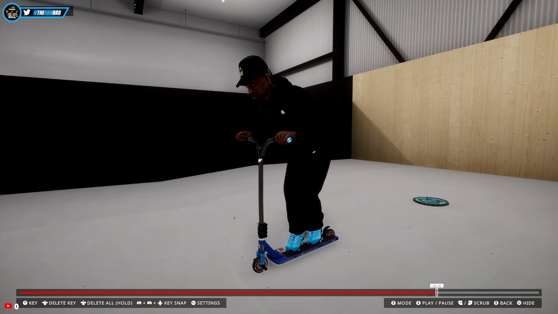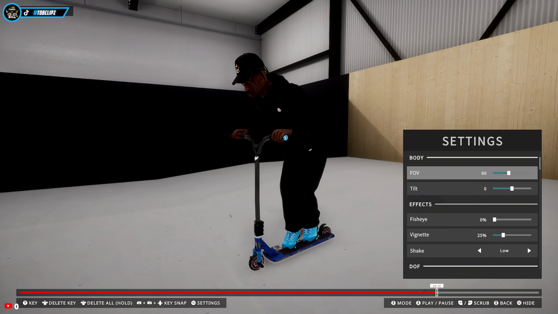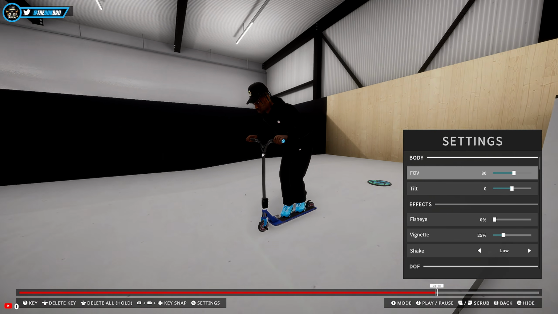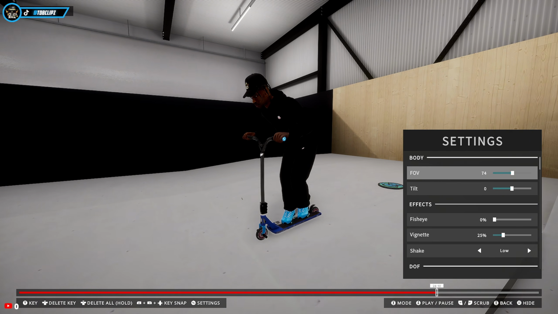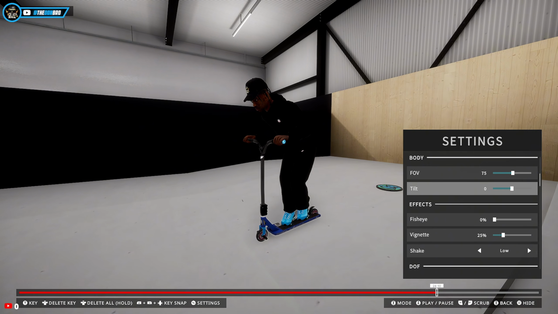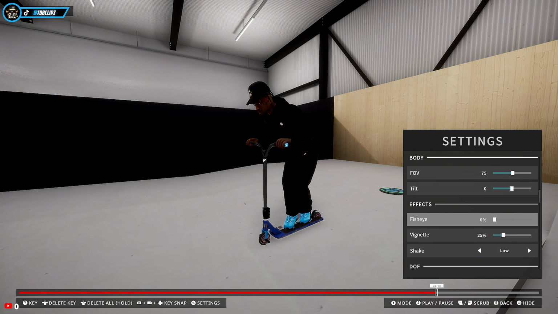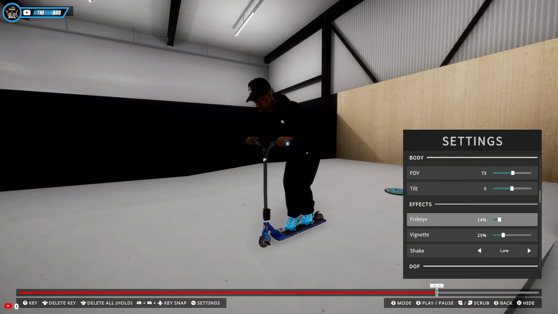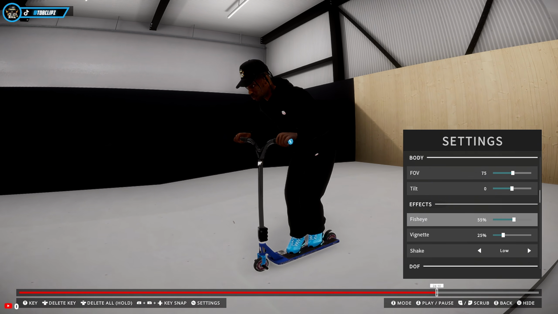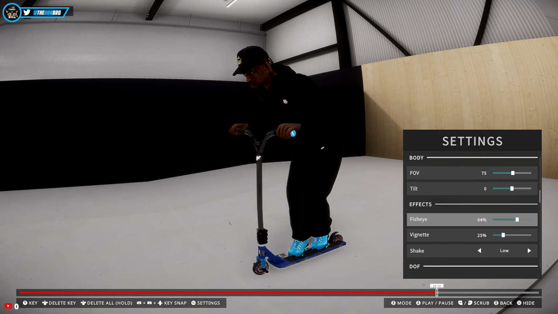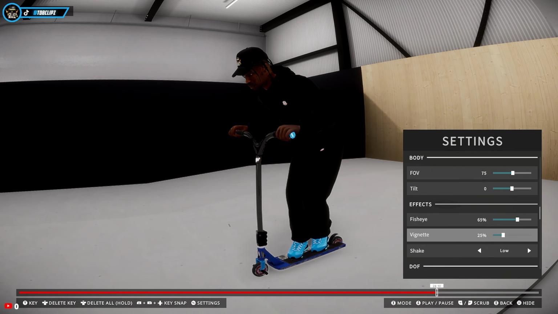So you can go ahead and press the back button next to the pause button, and you have these settings. So this is your FOV for camera distance to and from. You have your tilt, which is obviously left, right. I'm not going to touch that because it tilts the whole screen and it's a pain in the butt. Fisheye is obviously your camera focus lens. A lot of people have quite a strong fisheye for edits. Vignette,